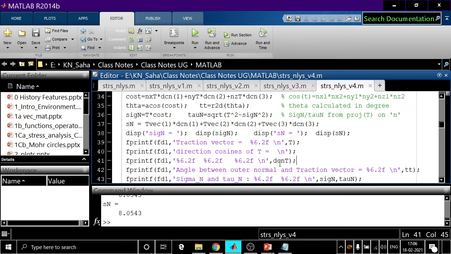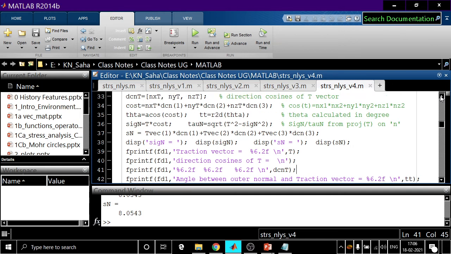How does MATLAB compute these things? When we calculated cos t, do you remember, cos theta equals this thing, nx1 and nx2 here. So what is theta? Cos inverse. This acos is cos inverse, right? Cos inverse of cos t is our theta.